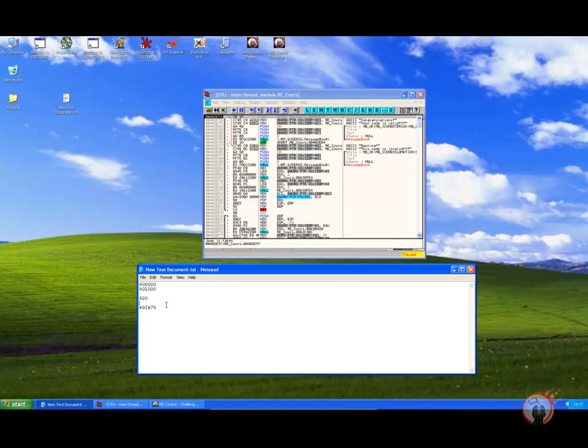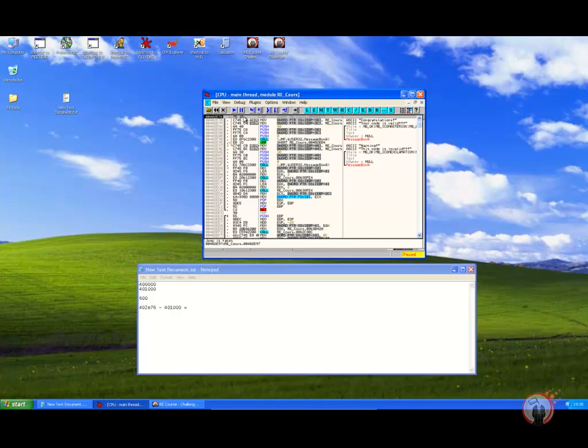But let's see what this would be. So let's just subtract from this address here the address of the first section. So we would know what would be its offset in memory, the offset of the first byte of this instruction here. So the result is